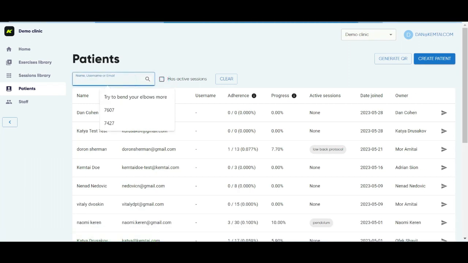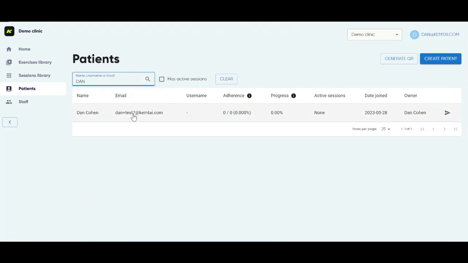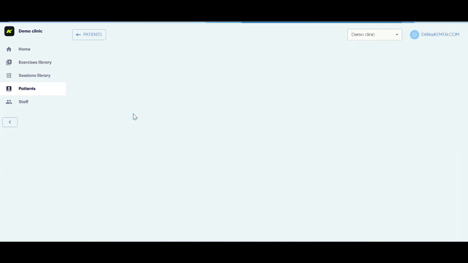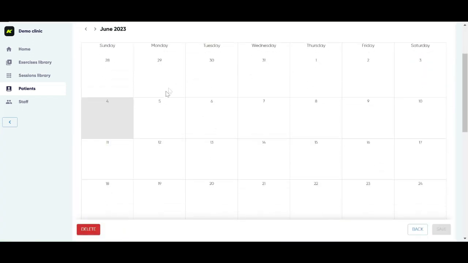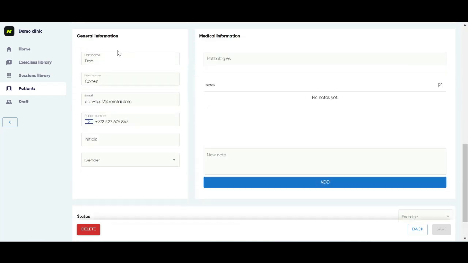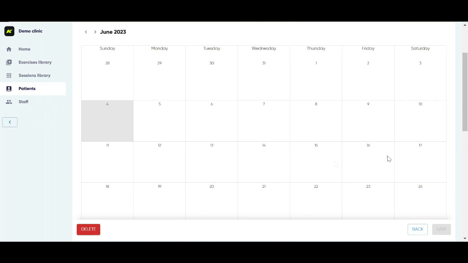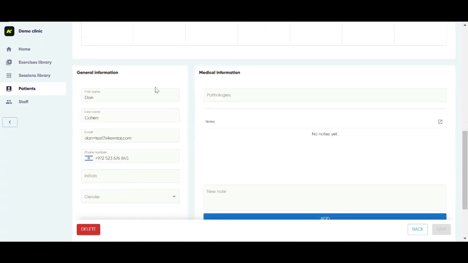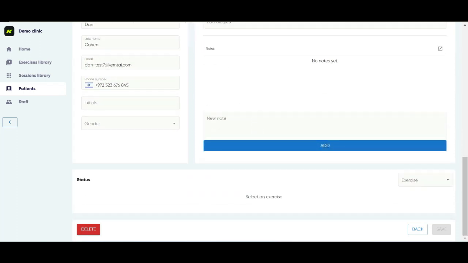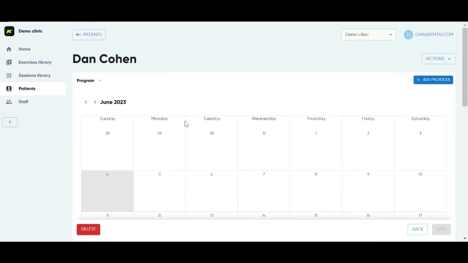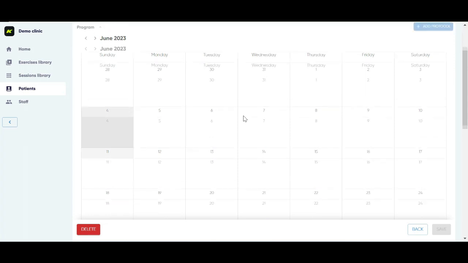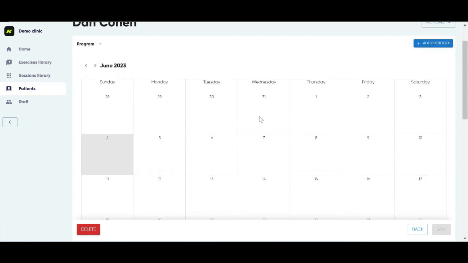Let's take a look at a dummy patient I created for myself. So when I enter this dummy patient right now, he doesn't have any sessions assigned to him. Actually, we see sessions assigned to the patient in this calendar. I can see the general information, the contact information. I can see any medical information I would have liked to enter. And that's about all the information I can see for a patient. So if I have a new patient, which I'll show you how to create in a minute,